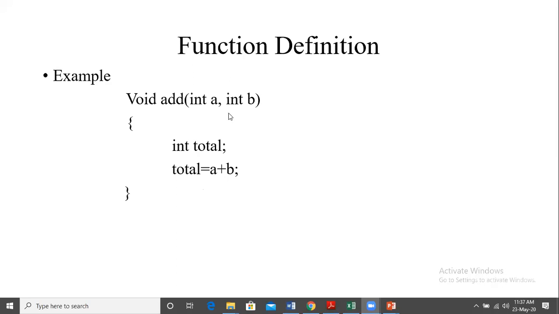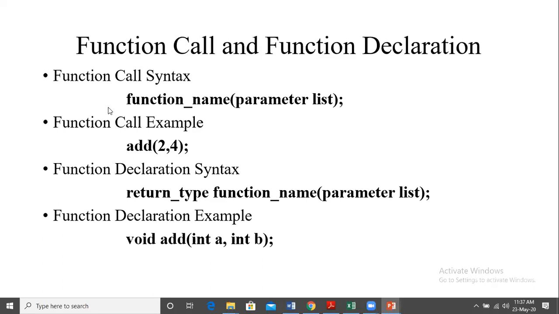So here we have defined the function. We have told the meaning of this function. Add means add these two numbers and store it to total. And we are not returning anything, so we can print total here. Now, how should this start working? It will start working only if it is called and it has the value of A and B. Without knowing the value of A and B, it cannot add, right? So here we have to call this function. Next slide will show us the syntax of how to call this function.